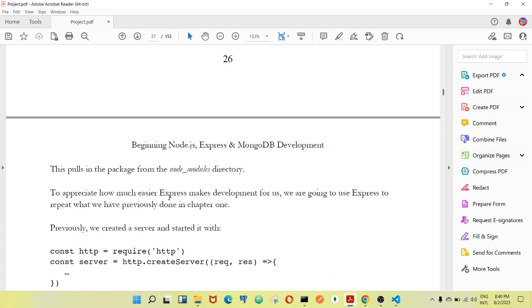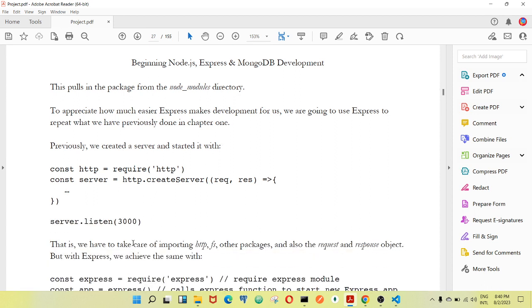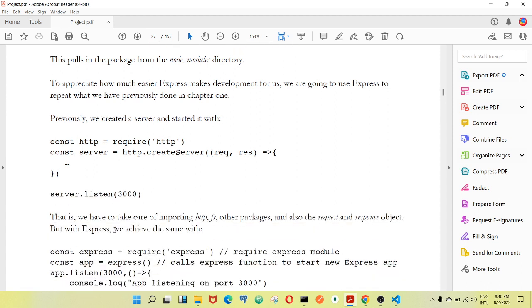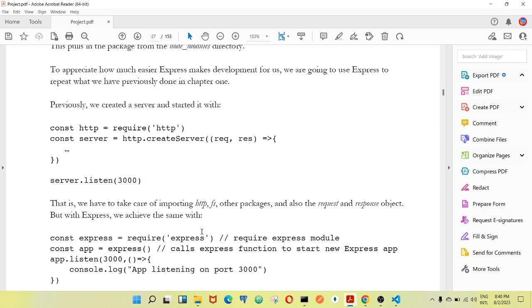To appreciate how much easier Express makes development for us, we are going to use Express to repeat what we have previously done in Chapter 1. Previously, we created a server and started with that is, we have to take care of importing HTTP, FS, other packages, and also the request and response objects. But with Express, we achieve the same with